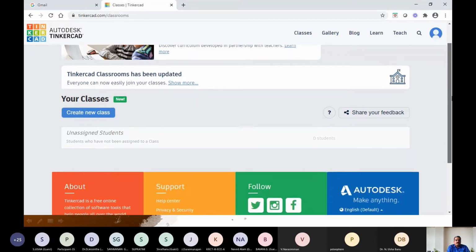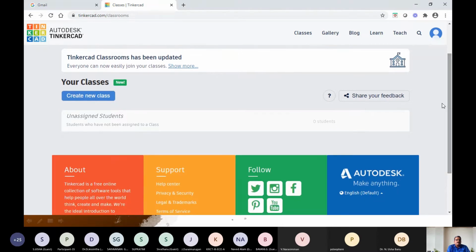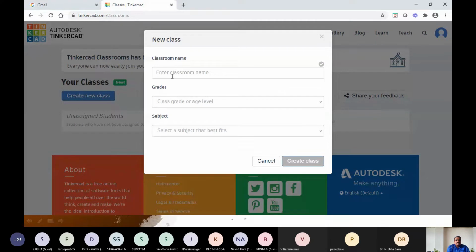As I haven't created any new classes, you can use create new class. It will prompt a new window where you type your classroom name. For example, as it was conducted for STTP, I am giving it as STTP.